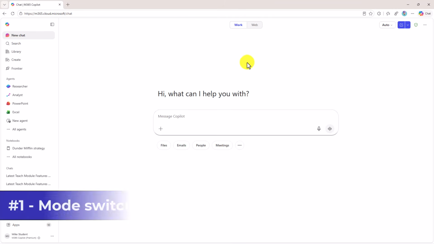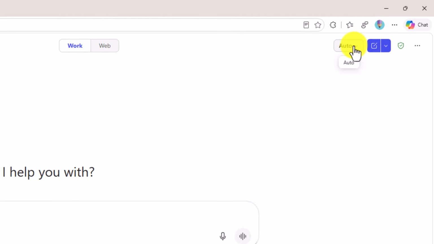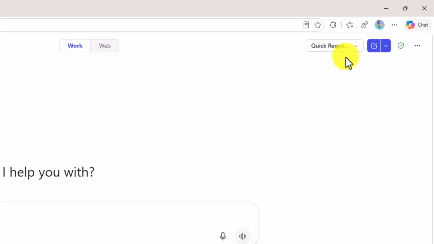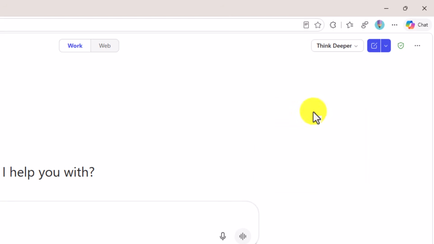Tip number 1 is the mode switcher. In the upper right, this is how you can switch the models that Copilot uses. Auto is the default, and that's where Copilot decides how long to think. So you can force it to use quick response like this, or think deeper. So it'll think longer for better answers, more complex answers. So oftentimes I will go up here and I will force it to think deeper